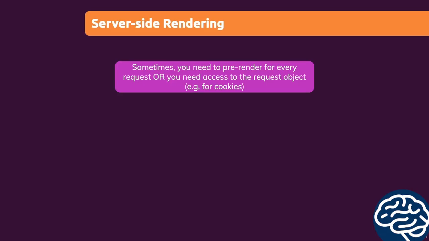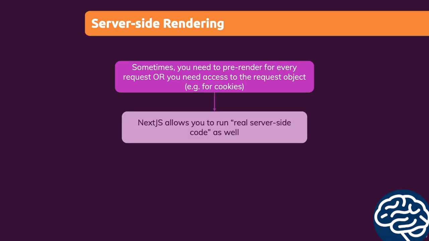And that is something we're also going to see later in the course when we talk about authentication, but I already want to introduce you to real server-side rendering here. The idea is simple. Next.js also supports this run real server-side code use case, which means it gives you a function which you can add to your page component files, which is then really executed whenever a request for this page reaches the server. So that's then not pre-generated in advance during build time or every couple of seconds, but